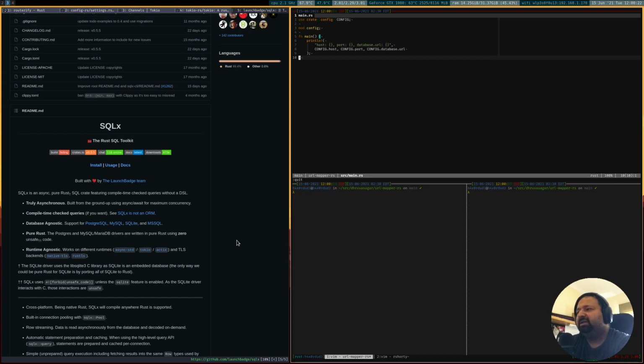And the other thing, of course, is the TLS backends. Again, it has support for both native TLS and Rust TLS. Now I don't have a lot of information about comparing and contrasting between native TLS and Rust TLS, whether it be performance or any other characteristics.